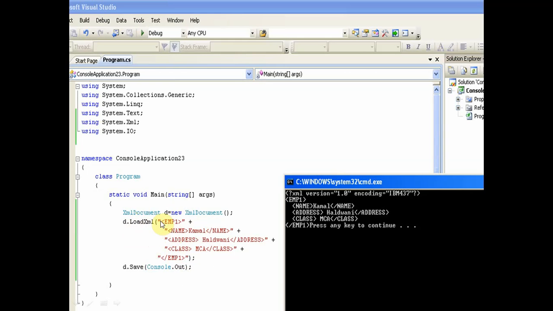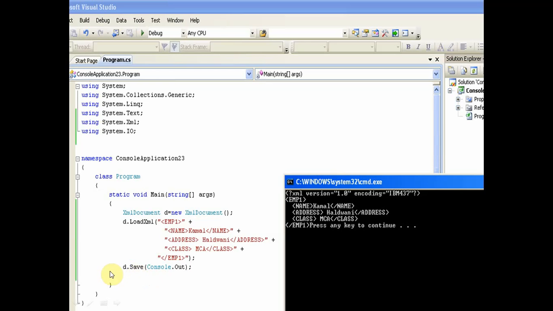So we write it like that: emp1 inside the tag with double quotes closed, plus name Kamal and slash name, plus address Haldwani slash address, and again double quotes closed, plus class MCA slash class, and it is also closed, and then emp1, and the statement is complete.